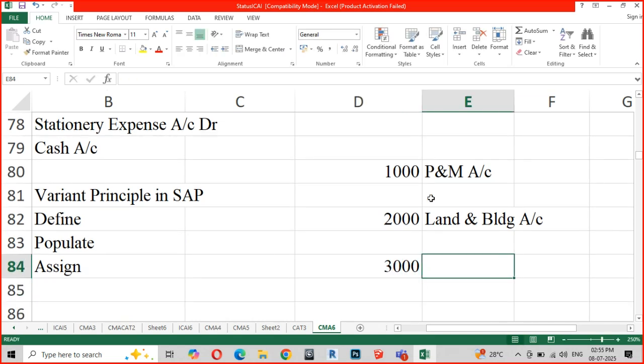These are the general ledger accounts. 1000 is the general ledger account for plant and machinery. 2000 is the general ledger account for your land and building. Capitalization, I'm talking about the capitalization. Acquisition. 3000 is the